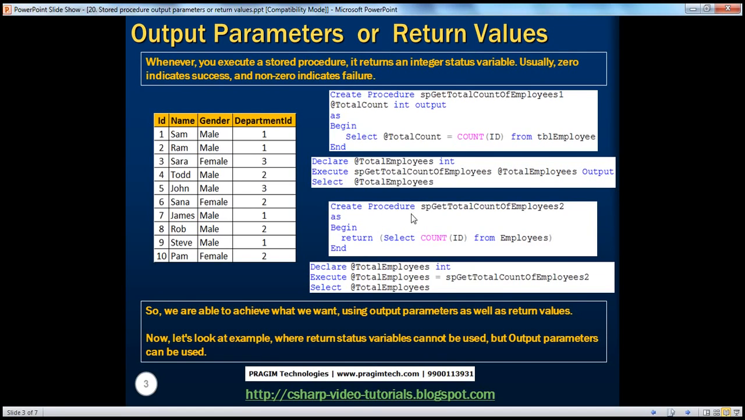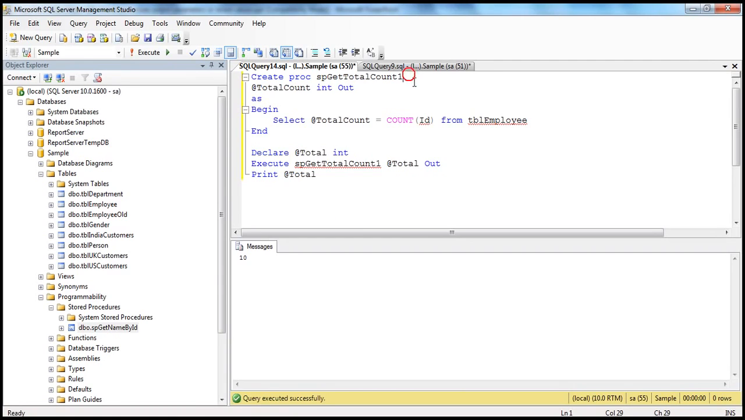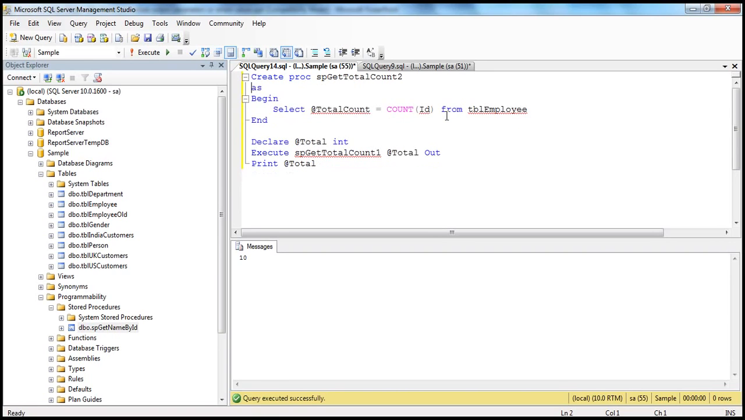So this procedure, what it's doing, it's returning the total count of employees, and this procedure does essentially the same but in a different way using output parameters. Okay, so let's create the second procedure. Let's call this sp_get_total_count_2, and we are not going to have an output parameter now. Instead, we are just going to return the total count. But you should have a bracket here. This pair of brackets ensures this statement gets executed first, and whatever is the output, that is returned